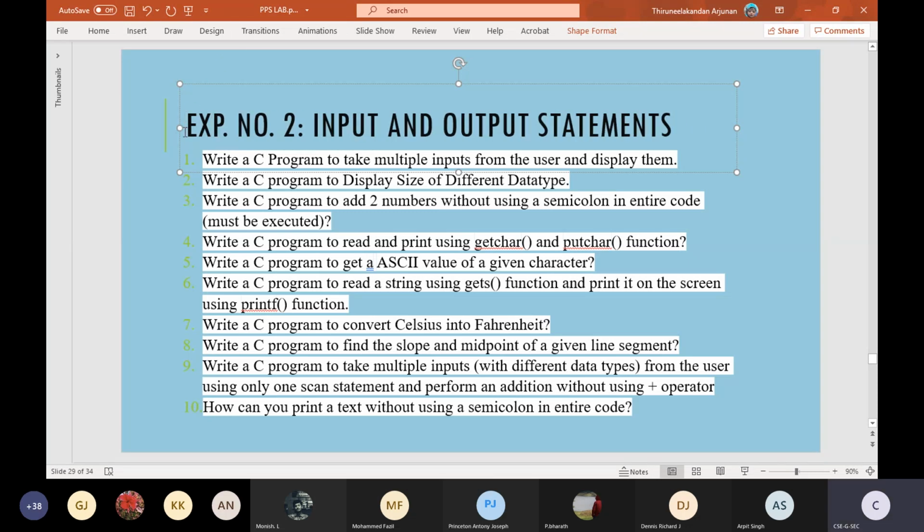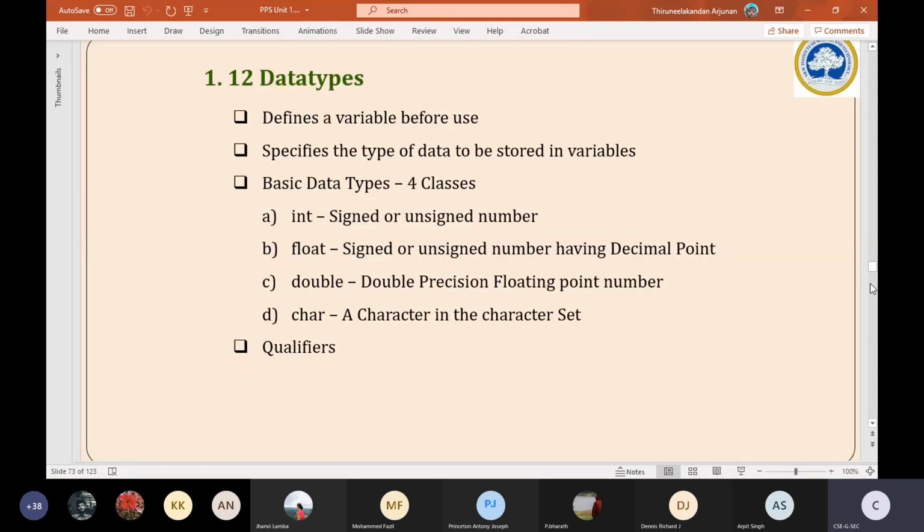Input and output statement. This is the second exercise. Under this exercise also, once again, we have got programs in C. Basically, C is a strongly typed language.